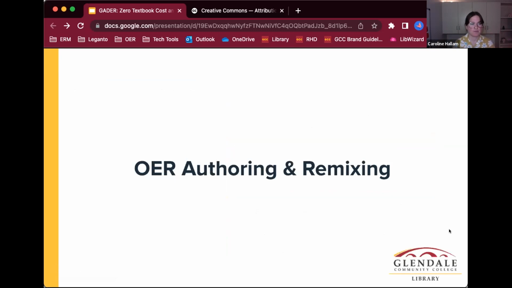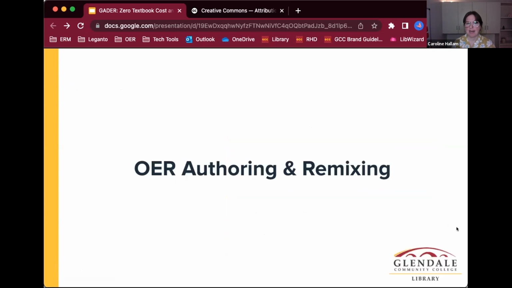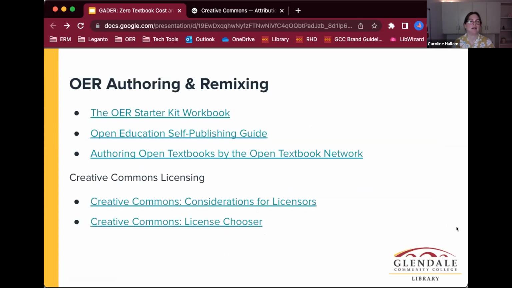Okay, so those are all about the copyright and permissions. Let's get into OER authoring and remixing. So we know we have the permission to do it, but how do we do it? So I've got some links here. We won't go really far into this, but there are quite a few different tools that you can use to author and remix. These are some really, really good workbooks